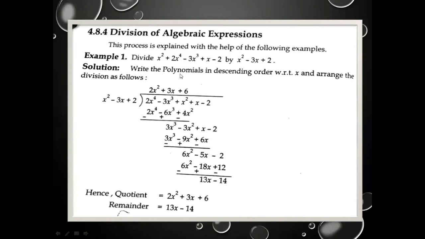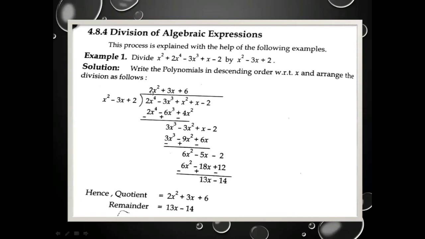Keep in mind whenever you are going to take division, firstly you will arrange your polynomials, whether dividend or divisor, in descending order like that. You see, they are converted into, or written in, descending order. Now, for taking the quotient, you will divide the first term of the dividend by the first term of the divisor and get your quotient. This quotient will multiply the divisor completely, giving you those answers.